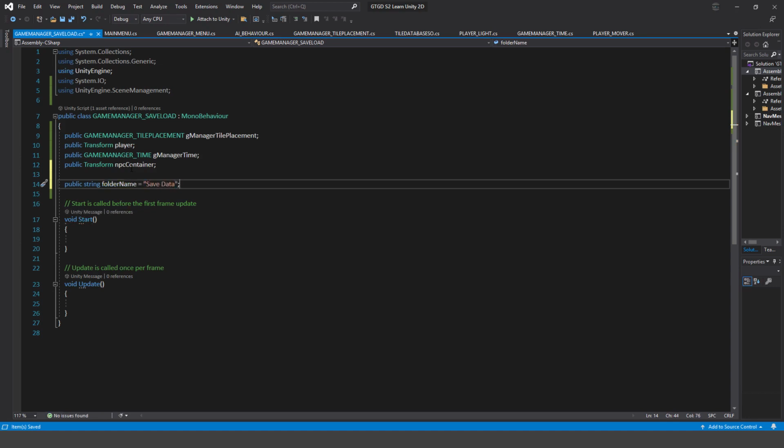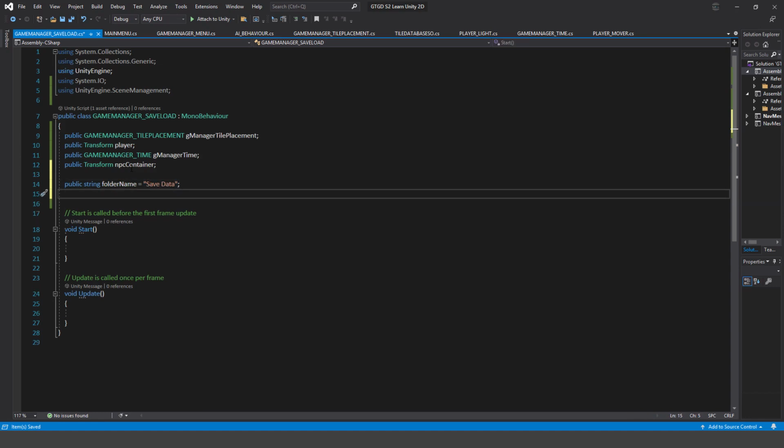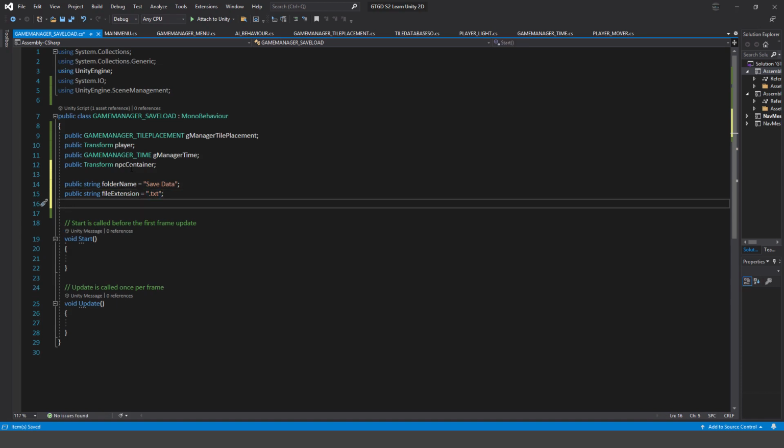That's what my folder will be called, and you're going to see where it's going to be and all of that when we get into this video and get a lot more through it. My next is a public string file extension, and I chose it to be a .txt, so I can easily open it up and have a look inside at what data has been written there, and I'm just not worried about the player